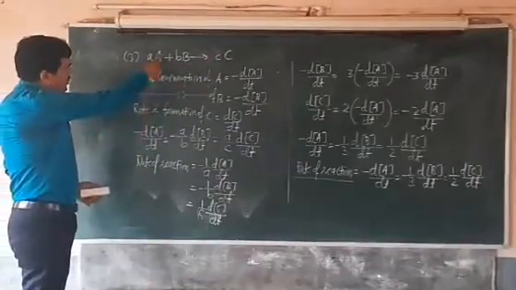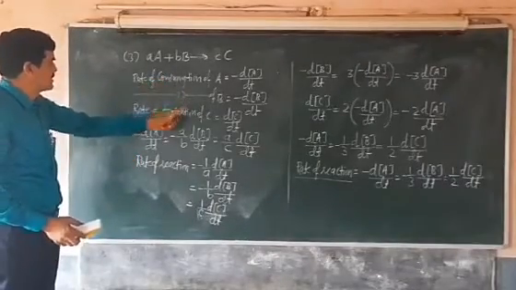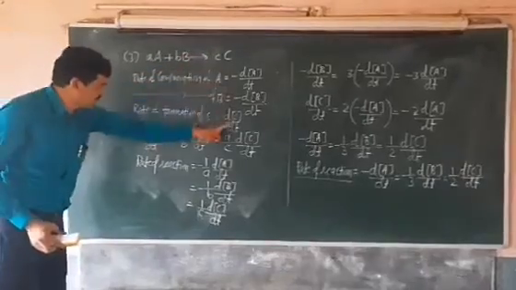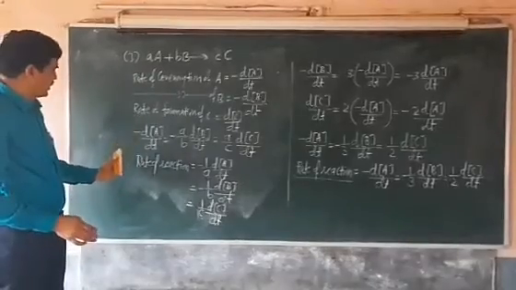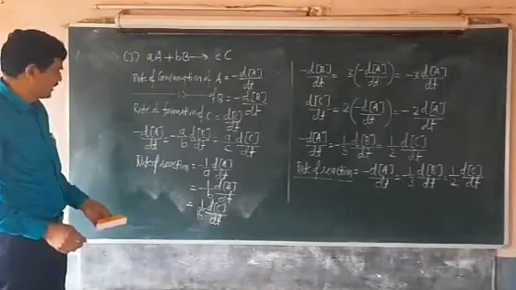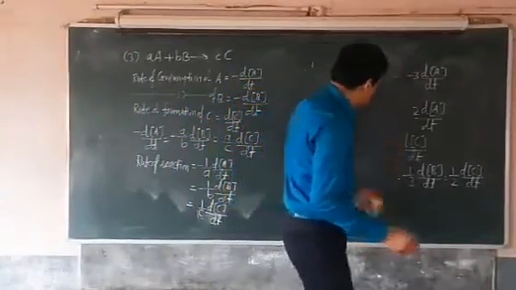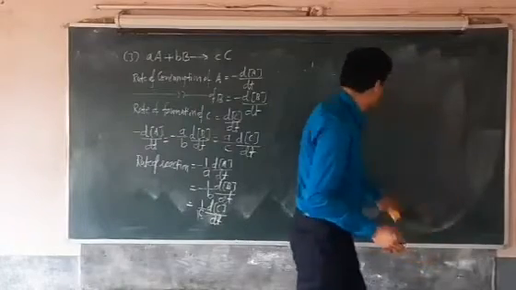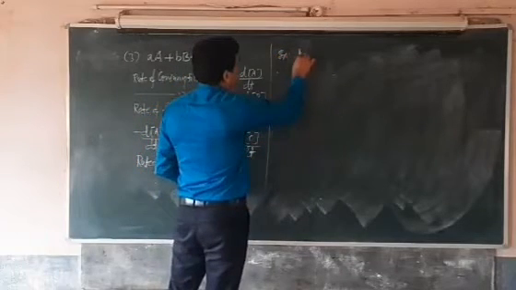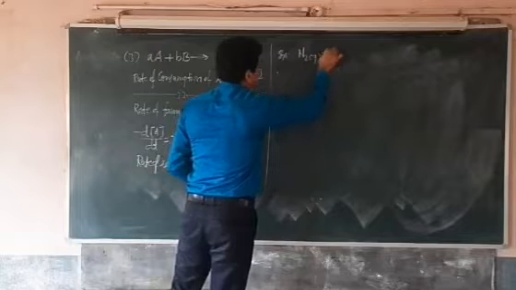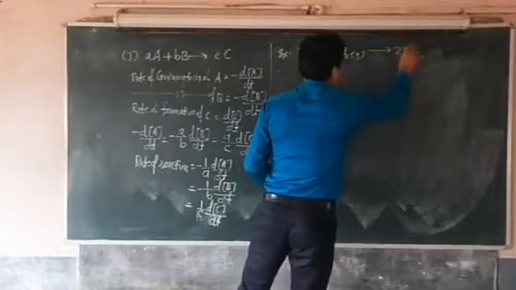So in this way, by taking the general reaction, we can obtain the relationship between the rates of consumption and rates of formation of the different reactants and products, as well as the equation for the rate of reaction. So this is the rate of reaction for this particular reaction. Now we take the example of a chemical reaction involved in the Haber's process for the preparation of ammonia. In the Haber's process, there is a reaction between N2 gas and H2 gas. There is formation of NH3, that is ammonia.